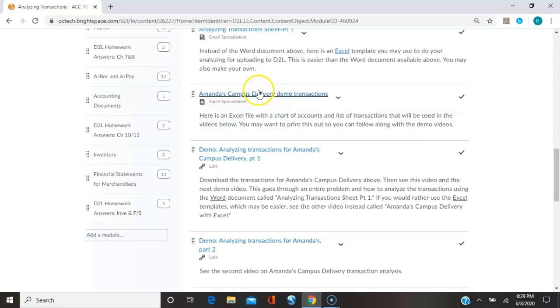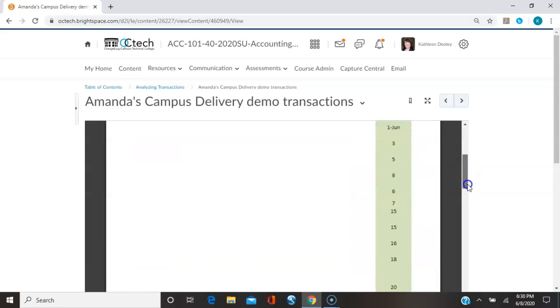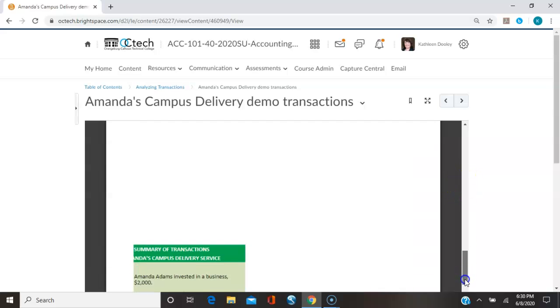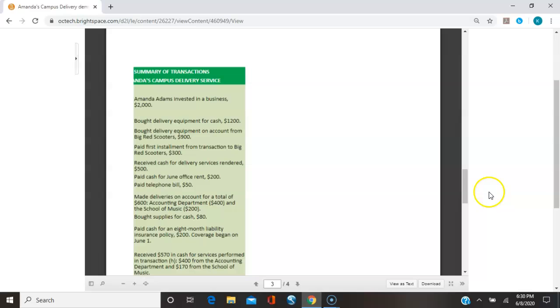This is called Amanda's Campus Delivery. Here are the transactions. If you click on here, it shows you the chart of accounts for Amanda's, and then it also shows you, if you download this, it'd come out where you could see it all. Here are the transactions themselves, and it had dates next to it. If you downloaded this, it's an Excel document, and then you could print it out if you want,